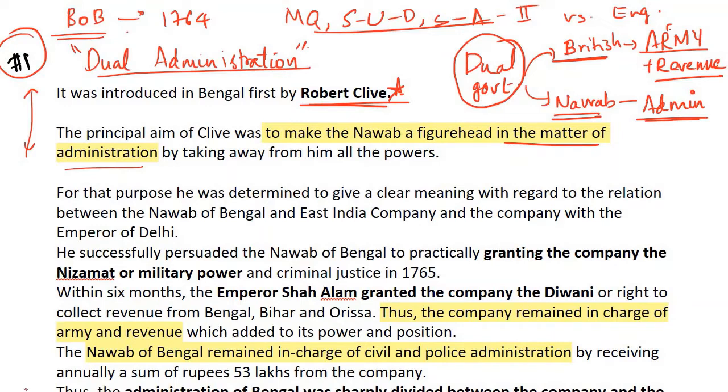अब ये बैटल सिग्निफिकेंट क्यों था? ये बैटल सिग्निफिकेंट इसलिए था क्योंकि इसके बाद कंपनी को the British basically got the Diwani rights, यानी कि the rights to collect revenue. So this was a very important battle. अब ये बैटल ऑफ बक्सर का सिग्निफिकेंस ये था कि ये एक फुल फ्लेजेड वॉर था. बैटल ऑफ प्लासी में बेसिकली कॉन्स्पिरेसी था, बट बैटल ऑफ बक्सर वाज अ फुल फ्लेजेड वॉर इफ यू रिमेंबर. एंड इसका इंपॉर्टेंस ये भी था कि इसके बाद मुगल एम्परर ऑफ इंडिया वाज डिफीटेड बाय द ब्रिटिश.